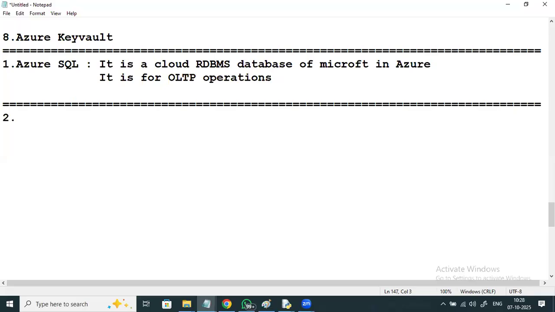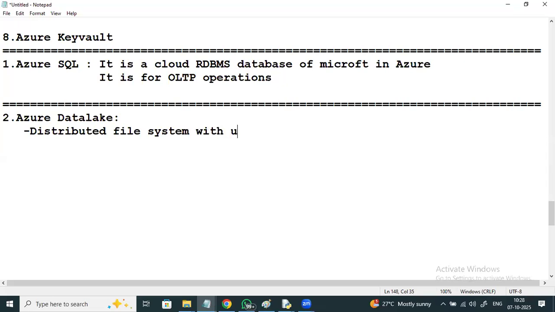Second, Azure Data Lake. Understand this as a distributed file system with unlimited data storage in the cloud.